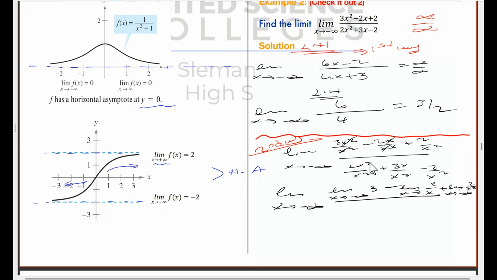At the bottom, the x squareds will cancel, so we just have 2 plus, the x's will go, 3 over x minus,